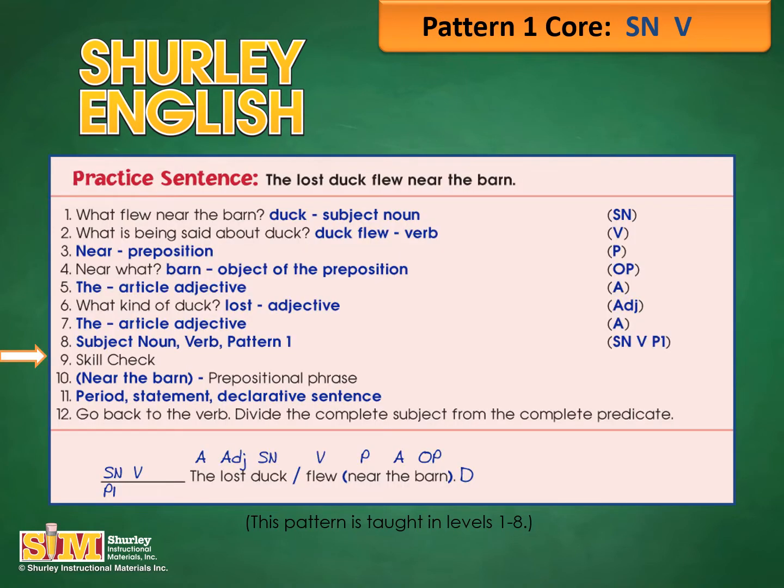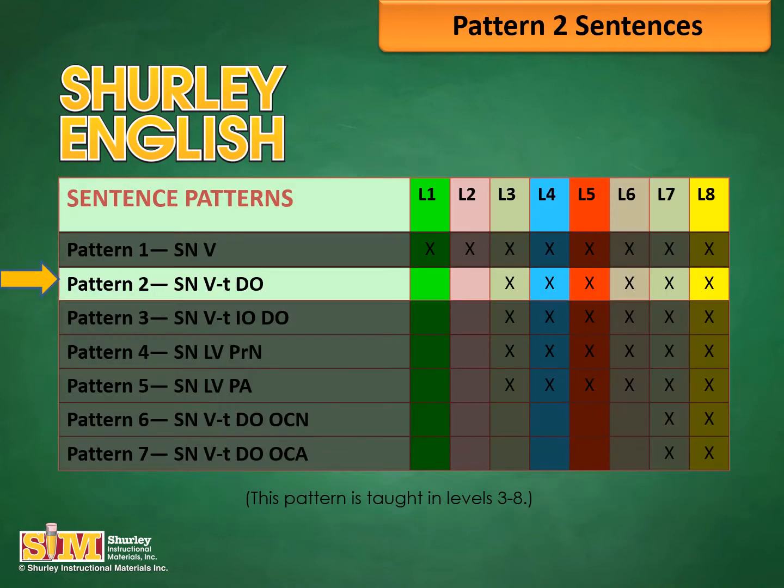Remember that the question and answer flow also includes a skill check that identifies prepositional phrases, labels the kind of sentence, and separates the complete subject from the complete predicate. Eventually, students will check for adverb exceptions and natural and inverted word order as well during the skill check. Now that we have reviewed sentence Pattern 1,